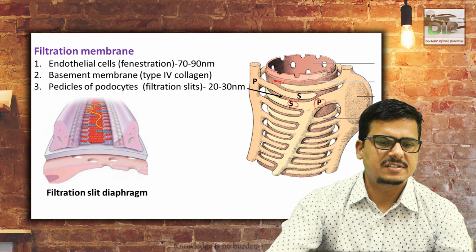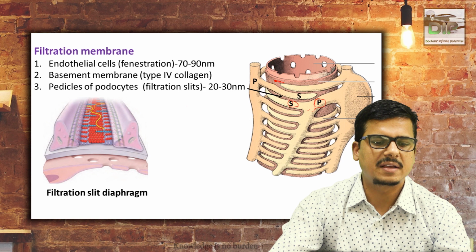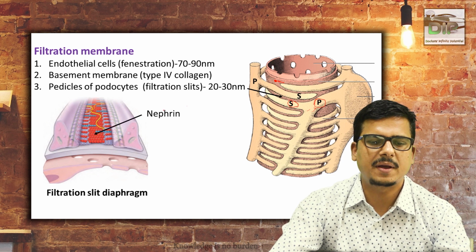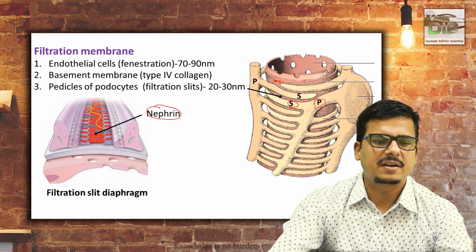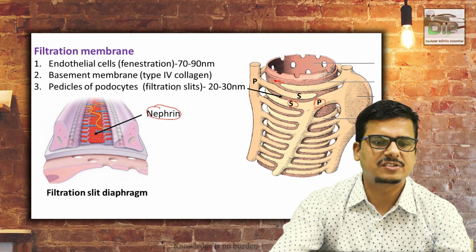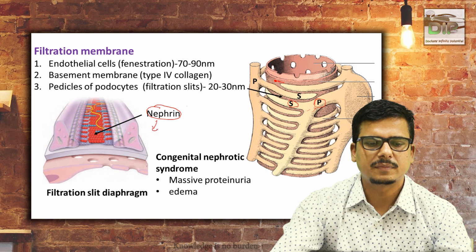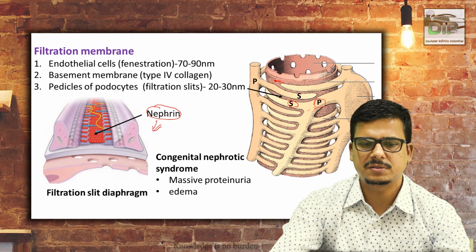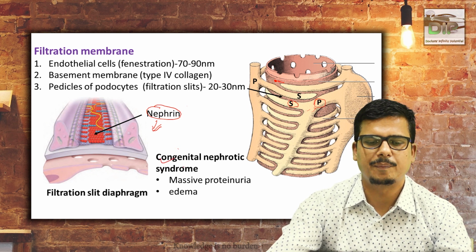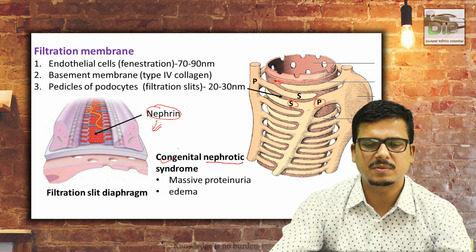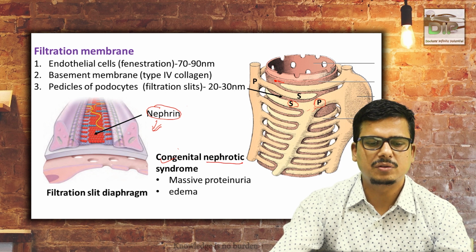Recent studies have also shown that these filtration slits are covered by a small diaphragm, and this diaphragm is formed by a protein called nephrin. The name is nephrin. So the barrier is not only the filtration slit, but along with the diaphragm, we have to say. Sometimes there is a defect in this protein; a genetic mutation of the gene which forms this nephrin protein leads to a syndrome called congenital nephrotic syndrome. We are going to see the features of nephrotic syndrome later, but for now remember that a defect in the nephrin protein leads to nephrotic syndrome.